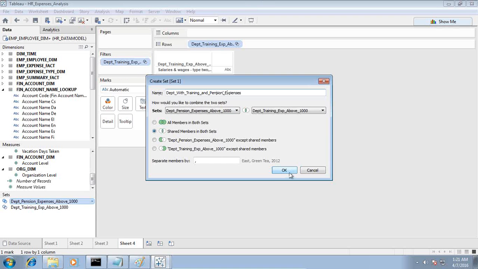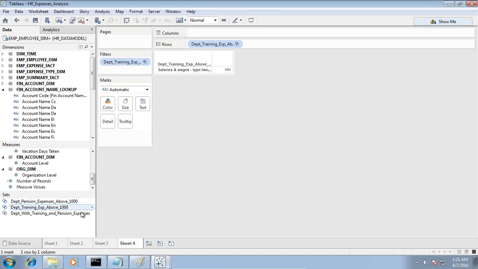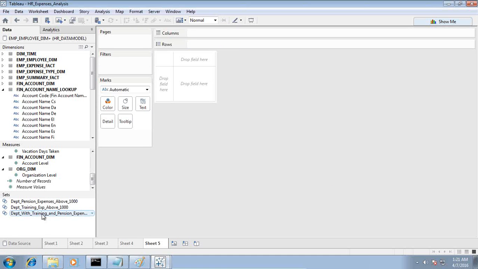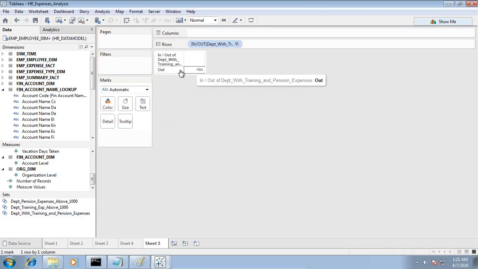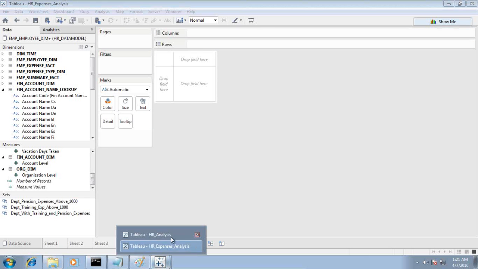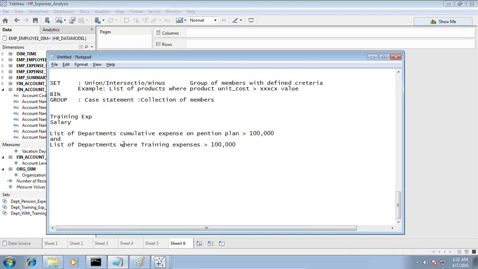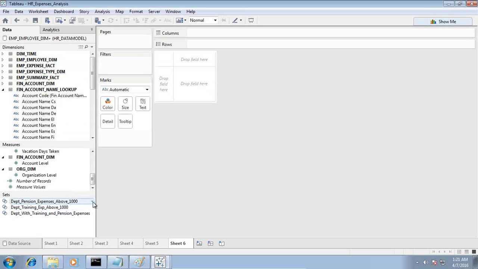I got this set over here, which is the combined set. I use intersect, so I find the list of departments which meet both criteria. There is no department which meets both criteria as per our data set. Then I use A minus B, set S1 minus S2, which means I need a list of departments where pension expenses are more than 1,000, and from this I'll remove those departments where training expenses are more than 1,000. S1 minus S2. So I select create